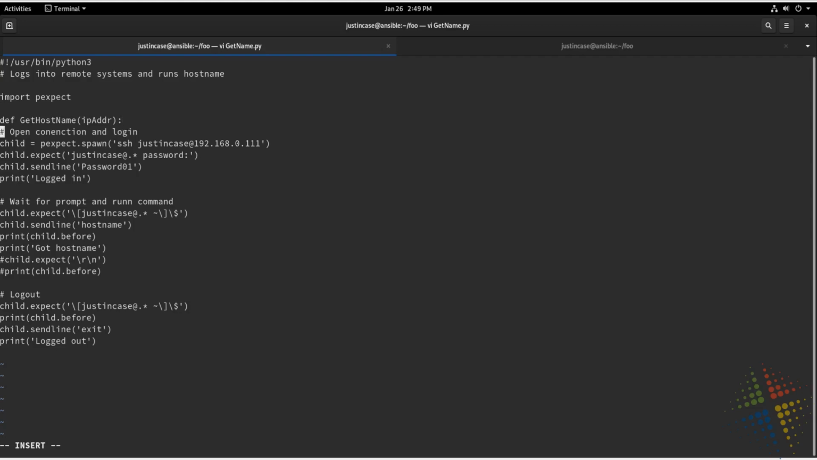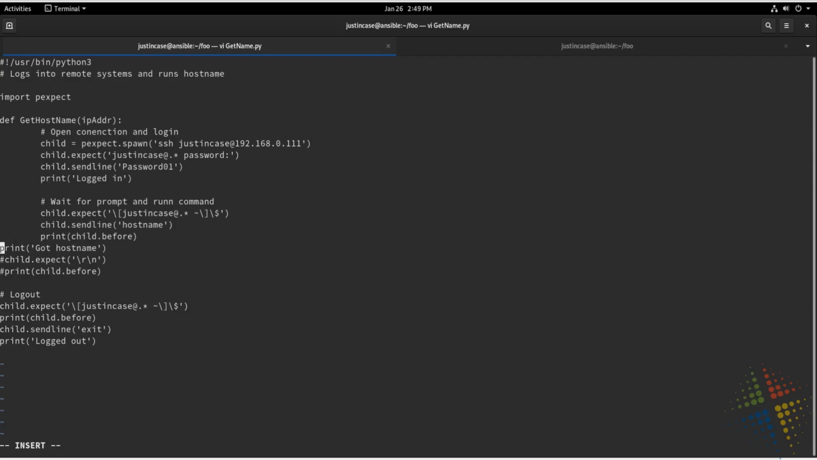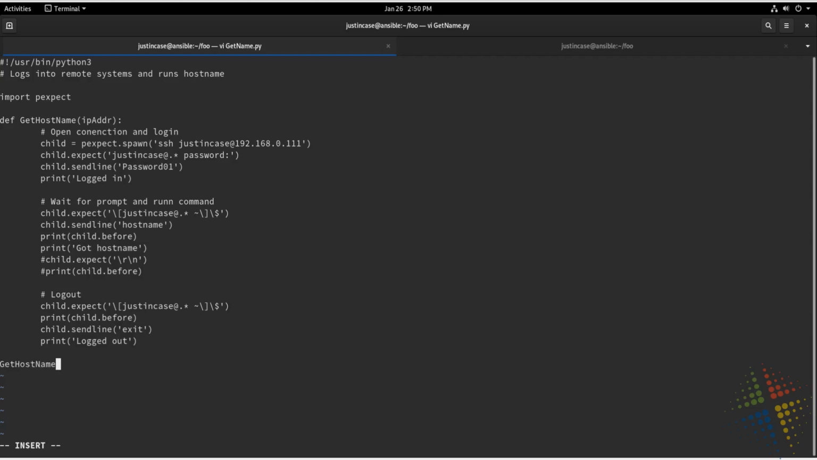And what I'm going to do is I'm just going to come through each of these, and I'm going to indent each of the lines. Now that I've gone ahead and indented all of the lines, I'm going to call get_hostname with the IP address as a string, 192.168.0.111, and then I'm going to come up here in our spawn command and I'm going to replace that string. So let's go ahead and delete that IP address